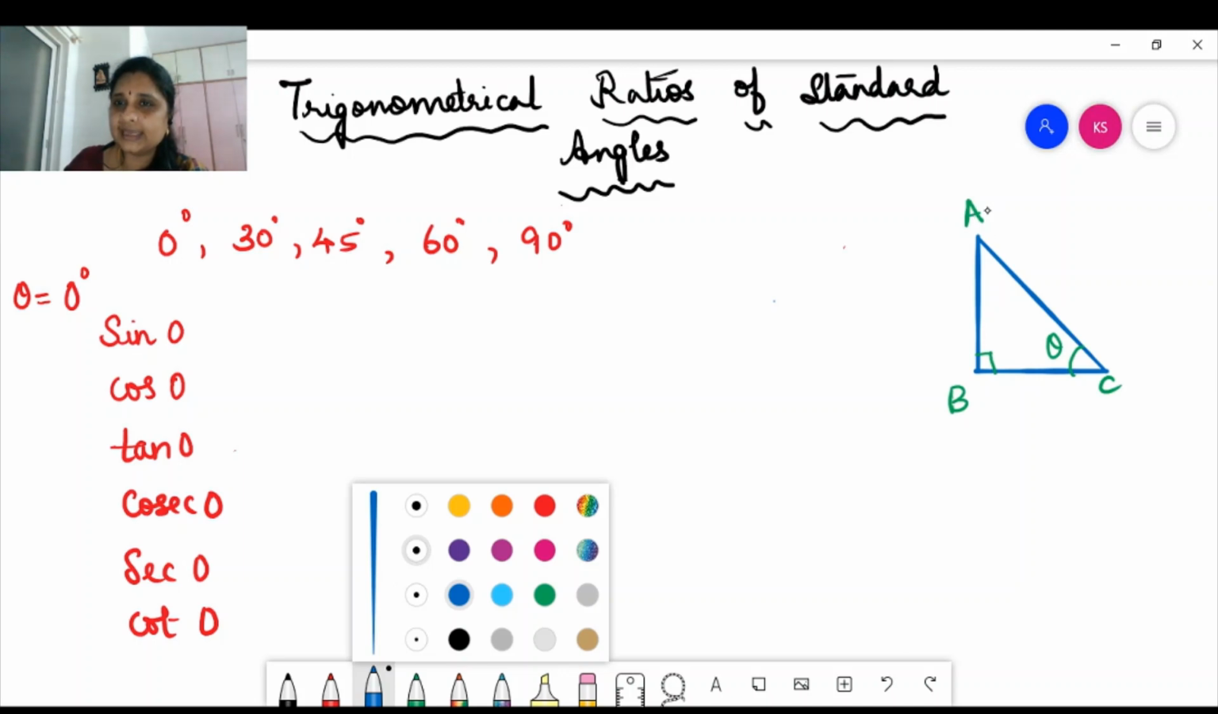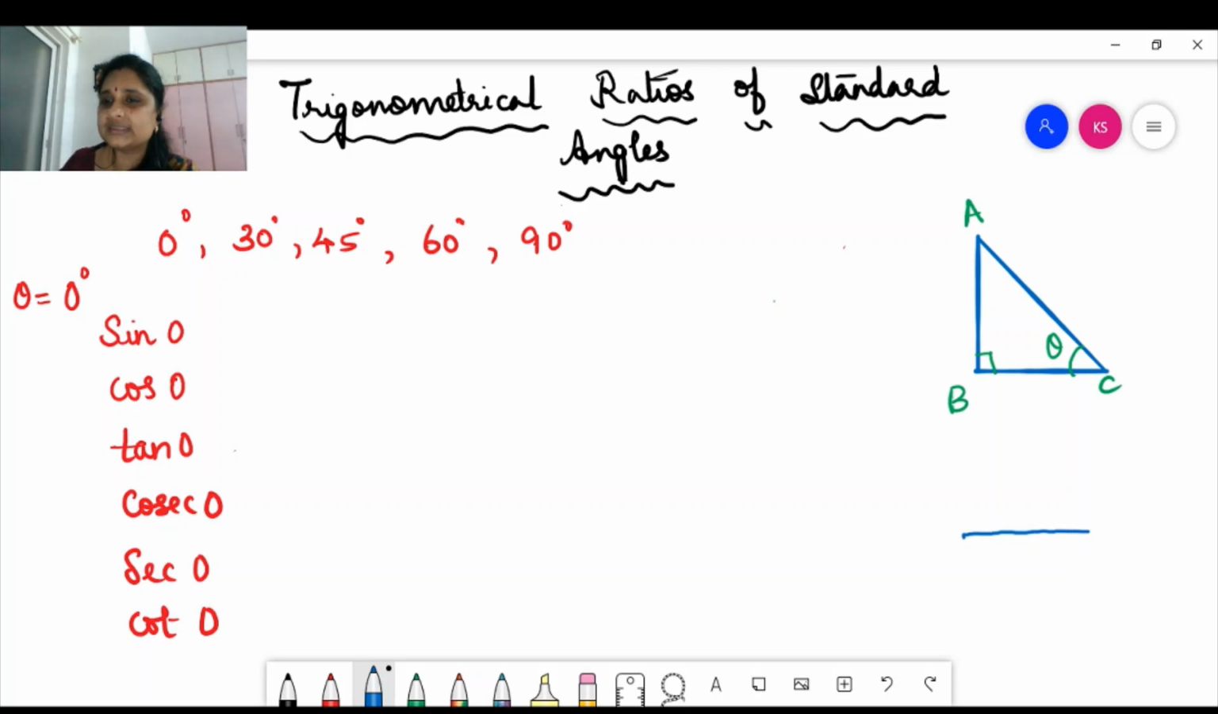It means that the angle between the line segment AC and the line segment BC is 0, correct? It means that AC and BC coincide with each other. So here is C and this is BC and then AC is on that because there is absolutely no angle between it. The angle between AC and BC is 0. So what happens? The hypotenuse